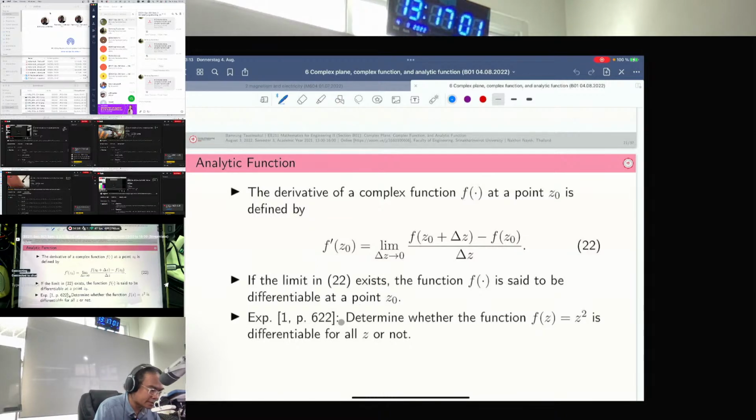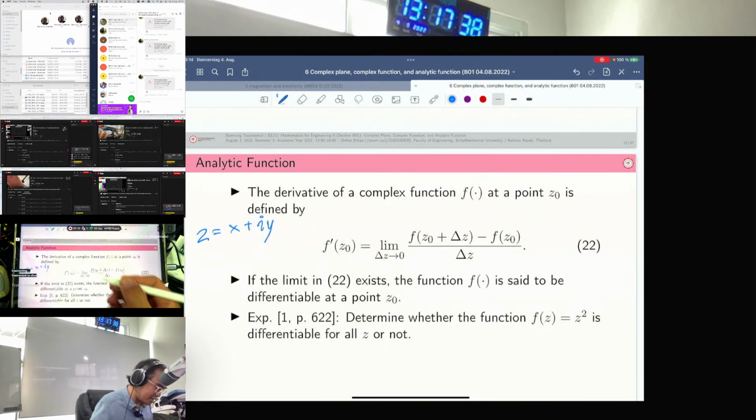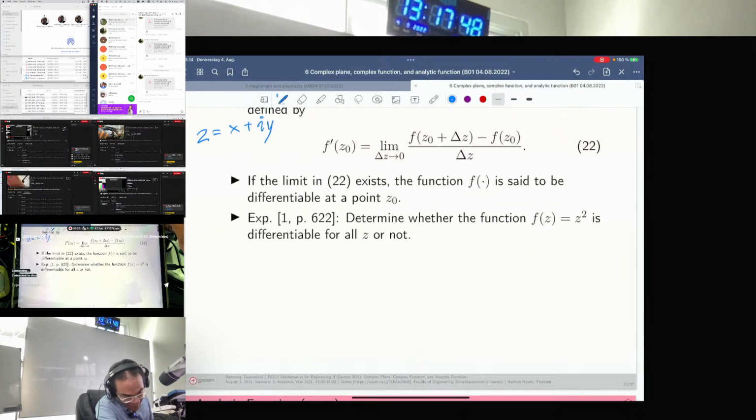Okay, let's talk about the first example, whether we can find the derivative here or not. Let's say the function is f(z) equal to z squared. You know this function, right? It's like if x is x squared, but this one is z squared, and z is a complex variable. The complex variable consists of x plus iy. You know that z is equal to x plus iy, all right. Is it differentiable for all z or not? So in order to do this we will, as usual, open the new